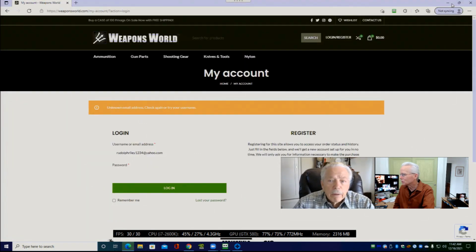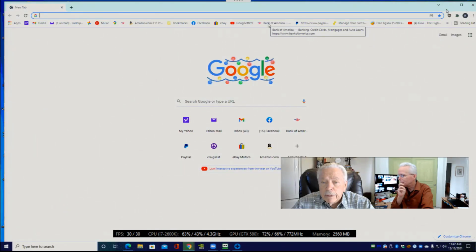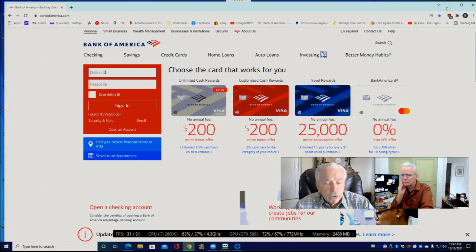Why don't you just go ahead and get there, whatever method you use. I would go over here to Google Chrome and I'd open that. And then up here, you see that icon? All right. Now I would click on that. Yeah. Like that. And then I would put in my username and my passcode. Okay.